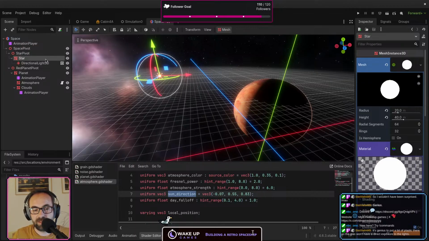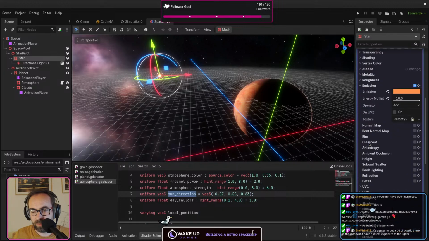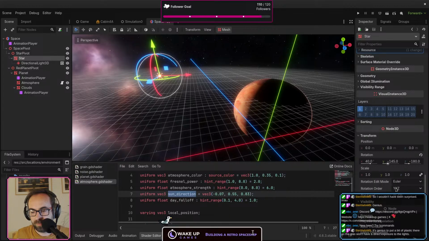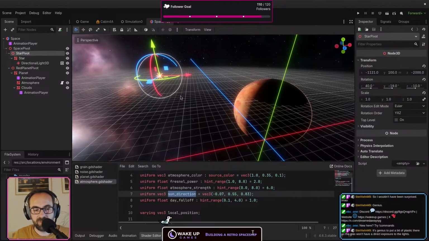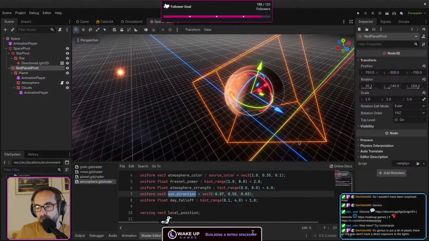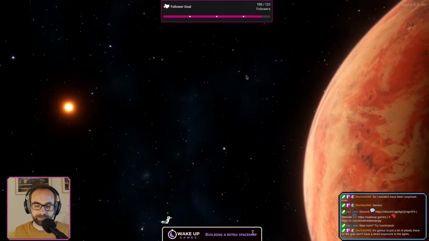The distances: the star I think is 2 kilometers away from the origin. Let me check. I might be wrong. No, it's the pivot point. Yeah, it's 2 kilometers away on the z-axis, so the blue line, and the planet is just a few 700 meters away from the origin. So obviously it's not real scale, but from the perspective of the spaceship, it looks convincing, and that's all that matters. If we run the game again,